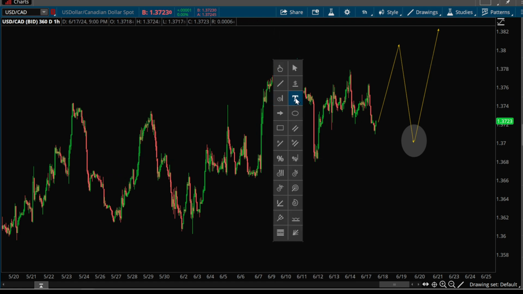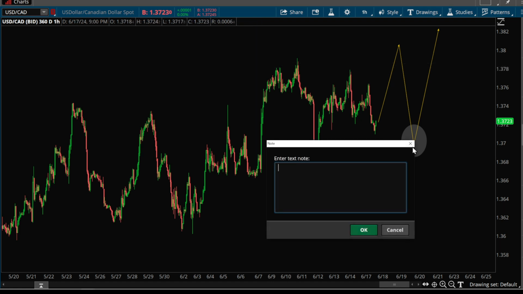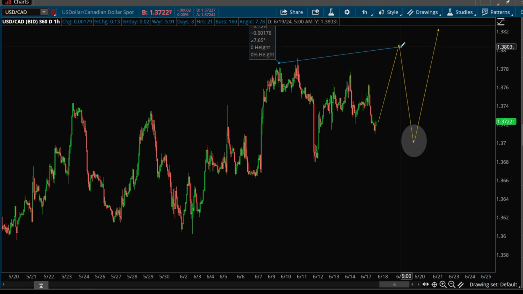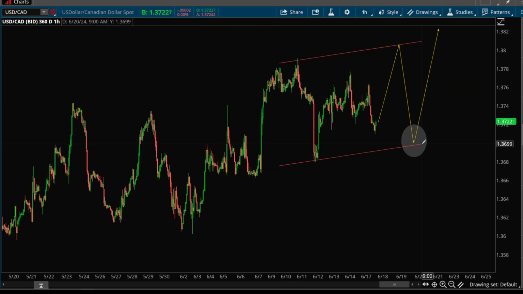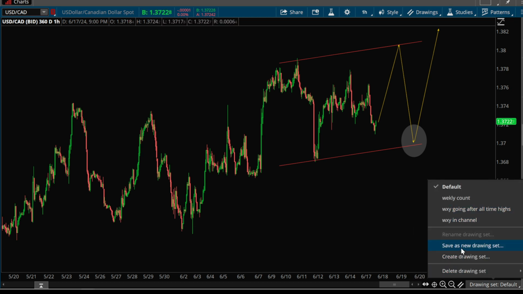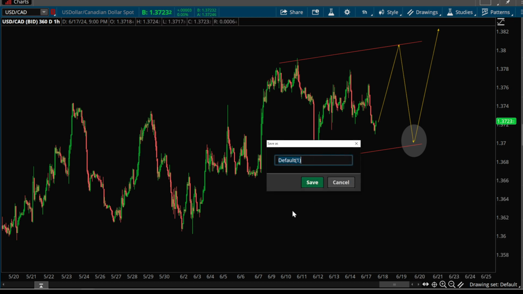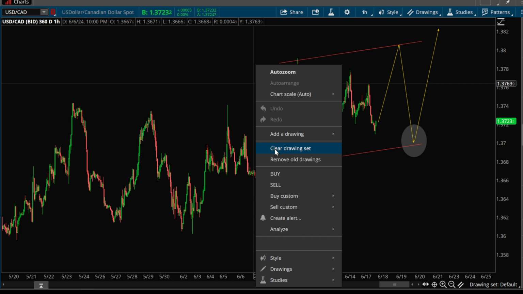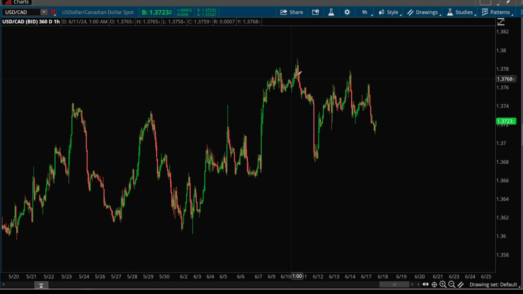This is one possibility for this week. So what's the other possibility? Let me just save this real quick, just so I don't have to keep redrawing it. All right. So what's the other possibility? The other possibility is